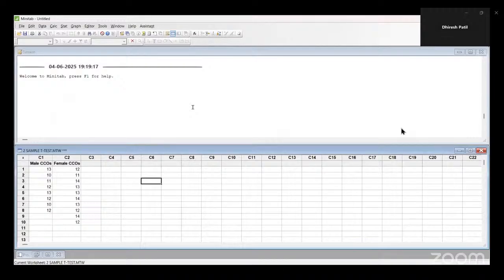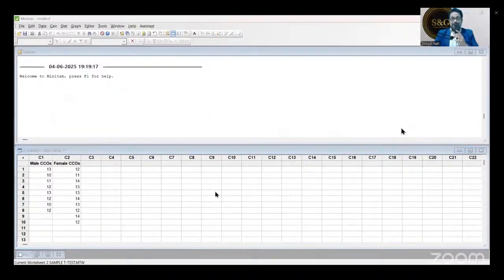Okay. So in one of the call centers, these people wanted to study the difference between the male CCO's performance and the female CCO's performance average. And they wanted to check, is gender playing some role here? According to the gender, is it creating some kind of performance differences?